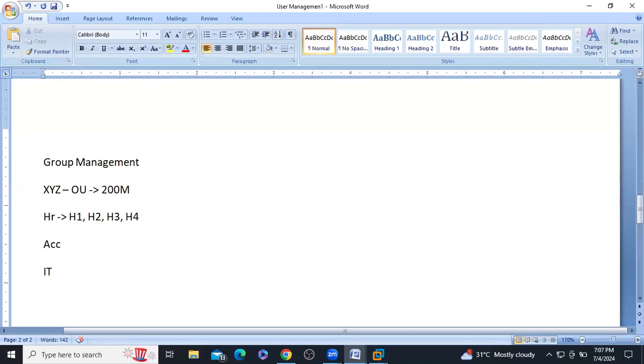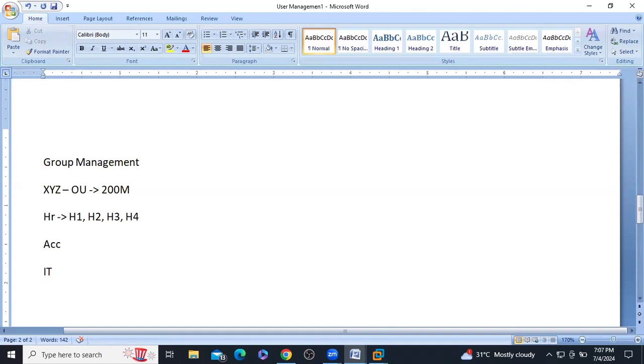They need to access a particular directory or data. Usually we'll have 20 people, so we need to provide the permission for 20 people individually, meaning 20 times we need to execute the command.